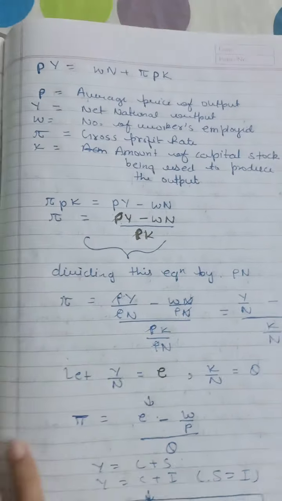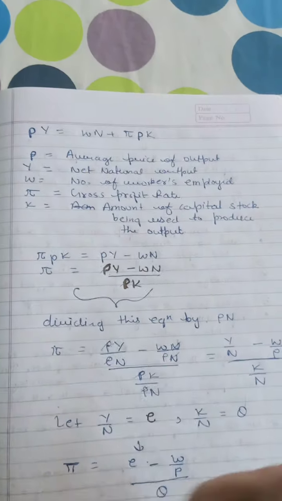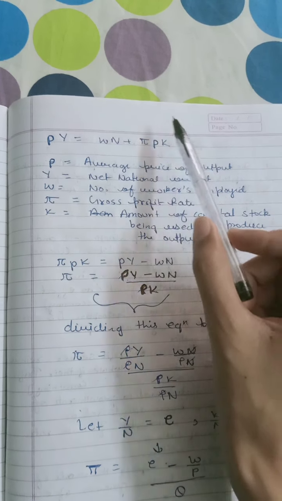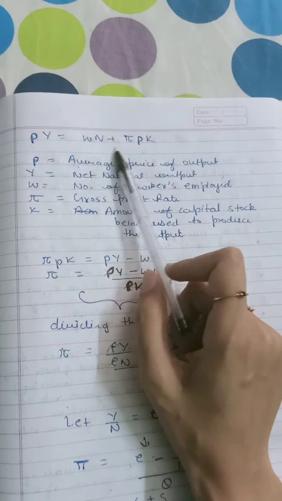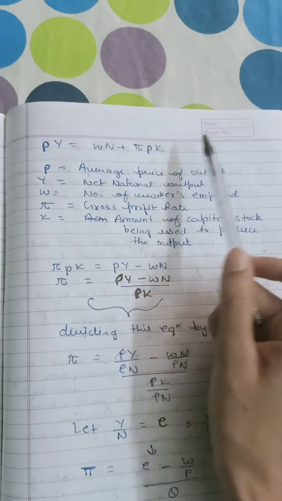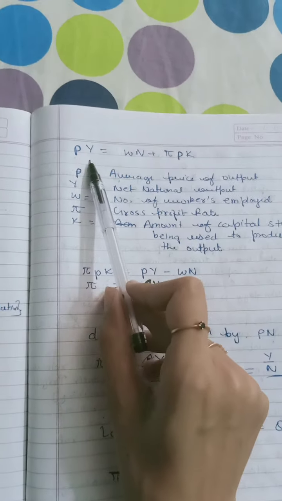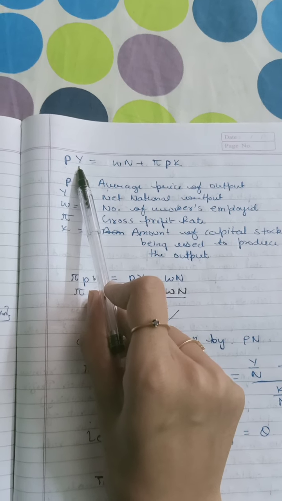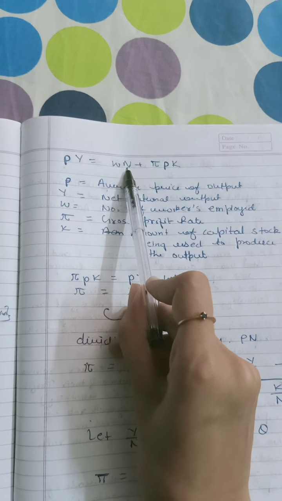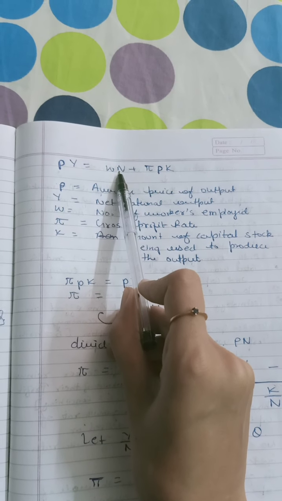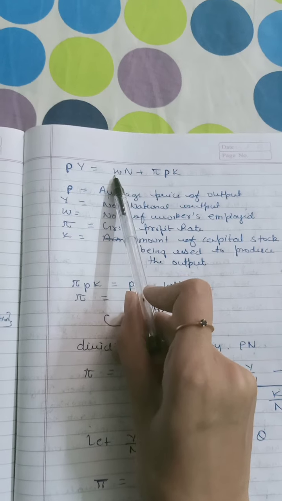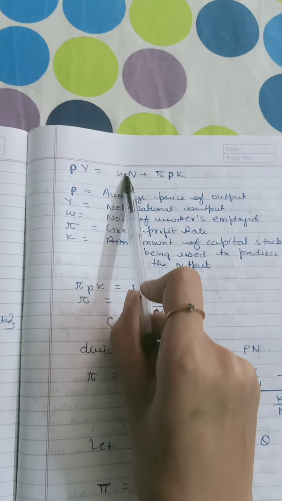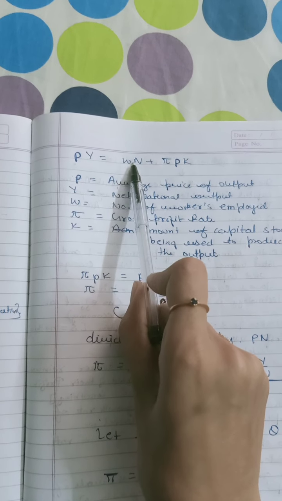Okay, we'll continue further with this Joan Robinson growth model. The Joan Robinson growth model incorporates the population growth rate and the growth rate of capital on the output. So this Y is your net national output, and this N signifies the population growth or the number of labor, and the labor receives income in the form of wage rate, and this W